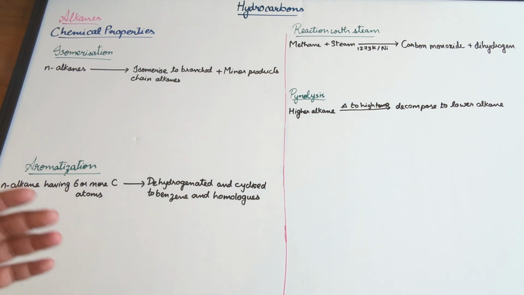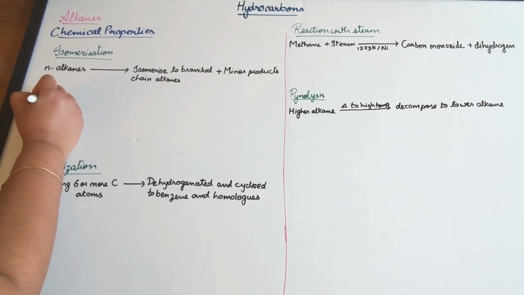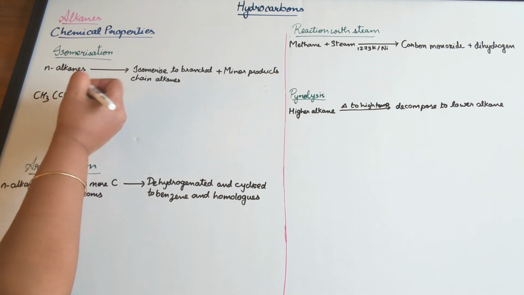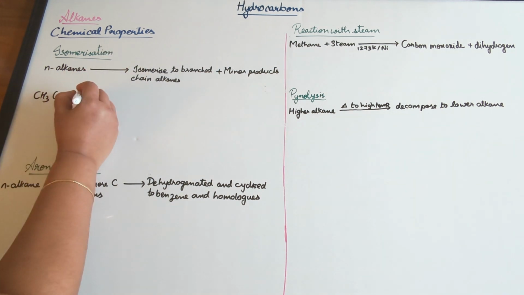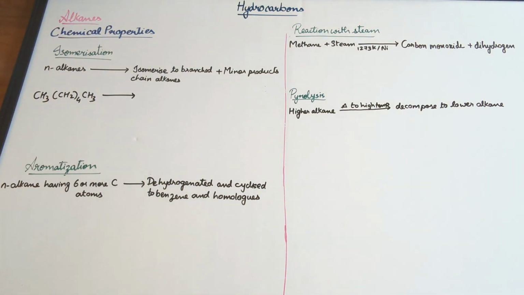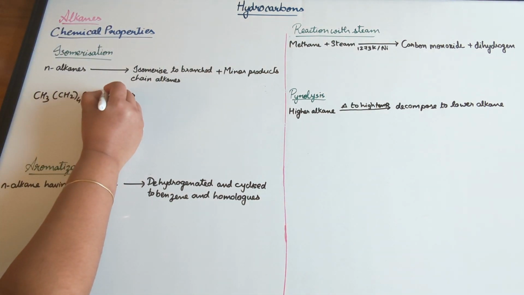Basically, isomers are formed. So we're taking an n-alkane, and on heating in the presence of anhydrous aluminium chloride and hydrogen chloride, it leads to the formation of a branched isomer. When we take the example of n-hexane, CH3, CH2 taken 4 times, and then you have a 6th carbon atom. This is n-hexane. Now this is heated in the presence of anhydrous